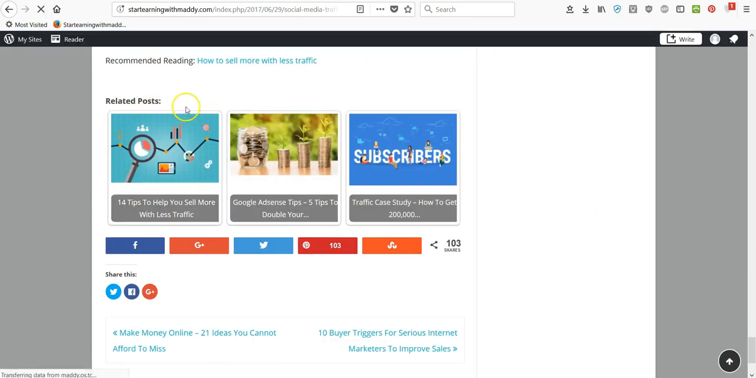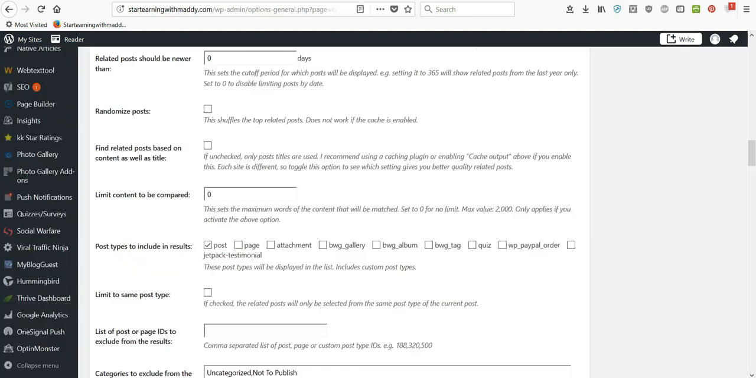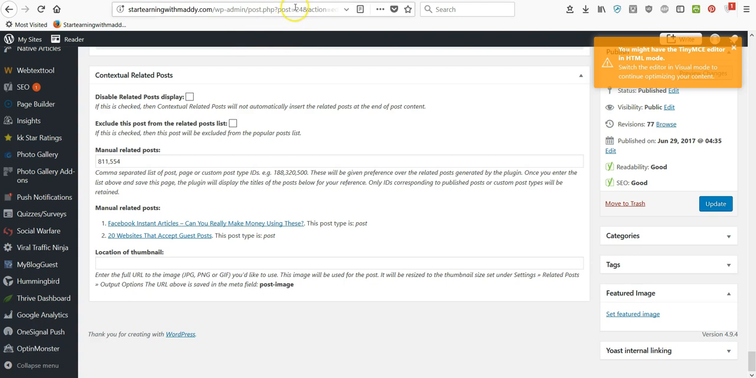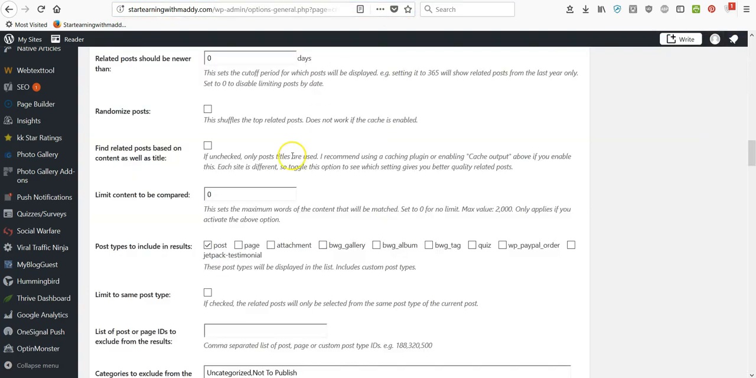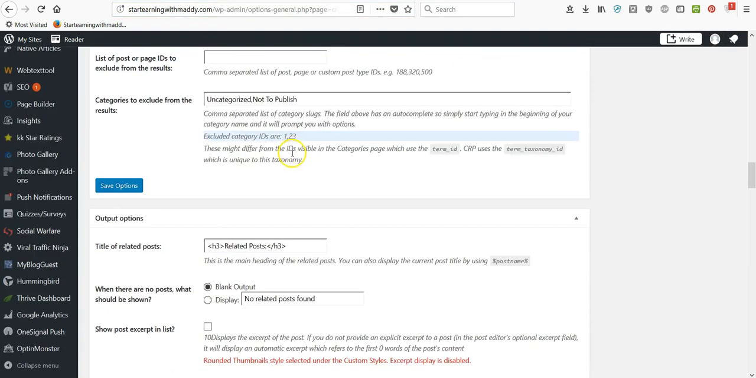But here you can see the 3 related posts are the same. The changes have not taken effect. The 3 related posts are 14 tips to sell with less traffic, Google AdSense tips, and traffic case study. Now there's a solution for this. For that change to take place, you just find the post ID of the post you are editing. You can find that here in the address bar. You take it and go to the Contextual Related Posts settings page